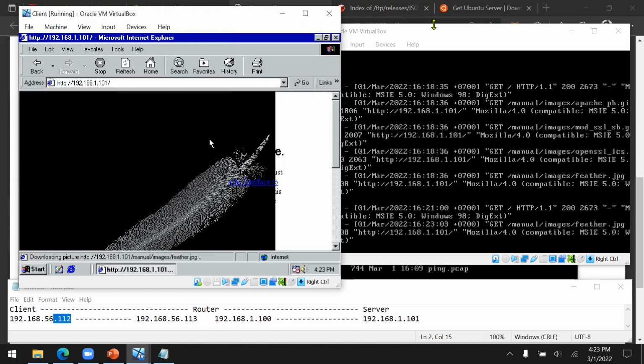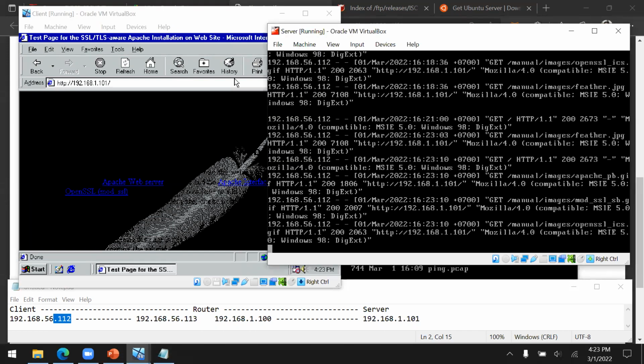Now, let's try it again. And then the Apache GIF, and then mod SSL. So that's the meaning of session and web browser cache.